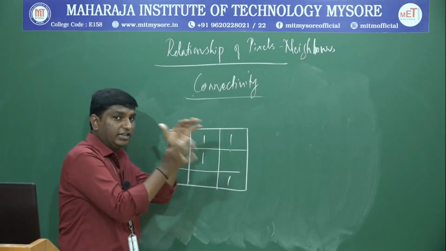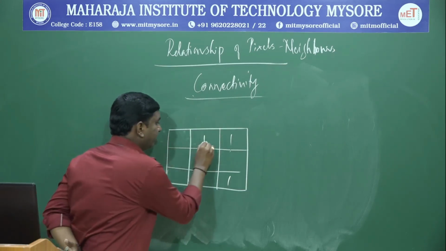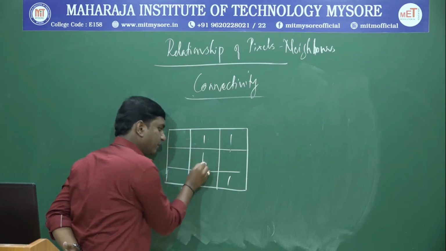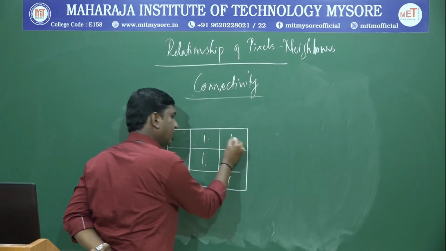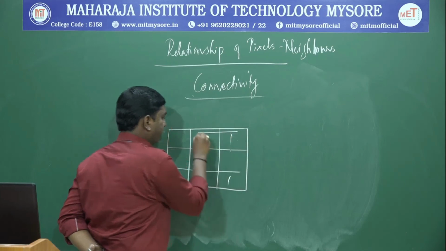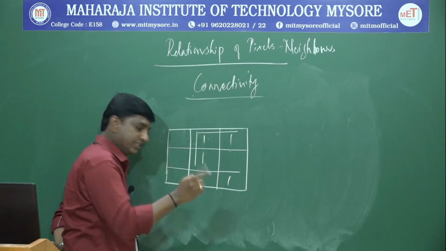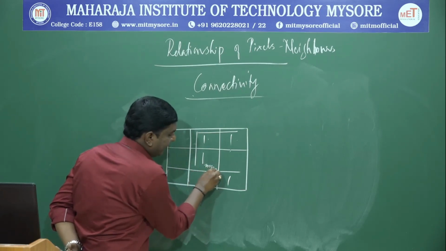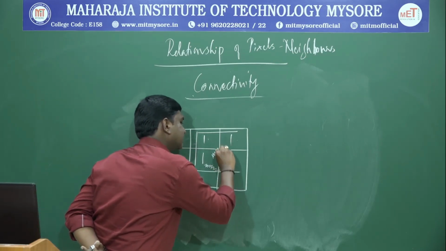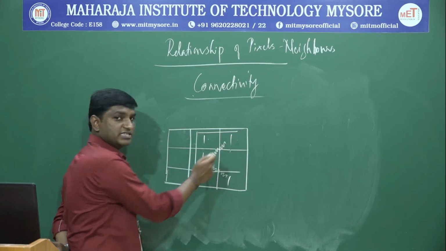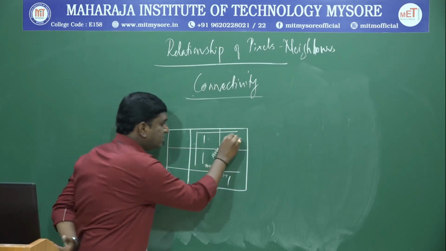Now, if I consider the 3 conditions, we'll start with understanding whether the pixels are connected or not. This pixel is connected to this pixel. Yes, it is N4 connectivity. This pixel is connected to this pixel. Yes, it is N4 connectivity. This pixel is connected to this pixel. Yes, it is N8 connectivity. Now, whether this one is connected to this, yes, this pixel is connected to this pixel with an N8 connectivity. Now, consider this one now.